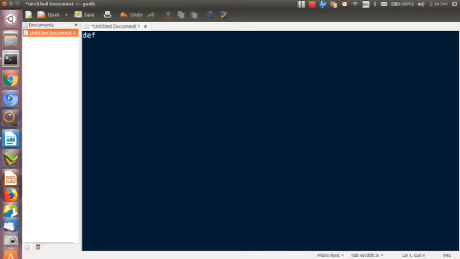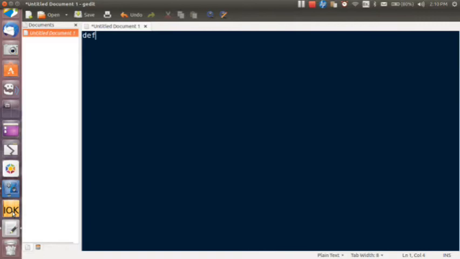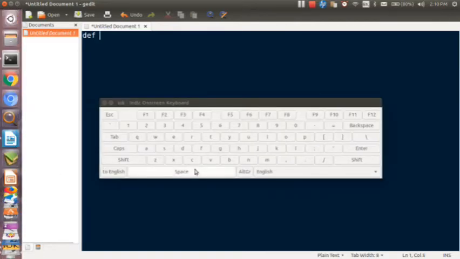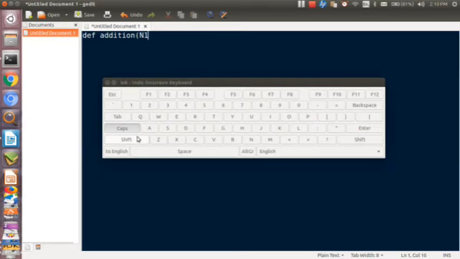So for this we have to write a function called addition. The keyword is def, followed by the function name addition, and as this is a function, it should have round parentheses, which consist of two parameters for addition of two numbers, n1 comma n2.